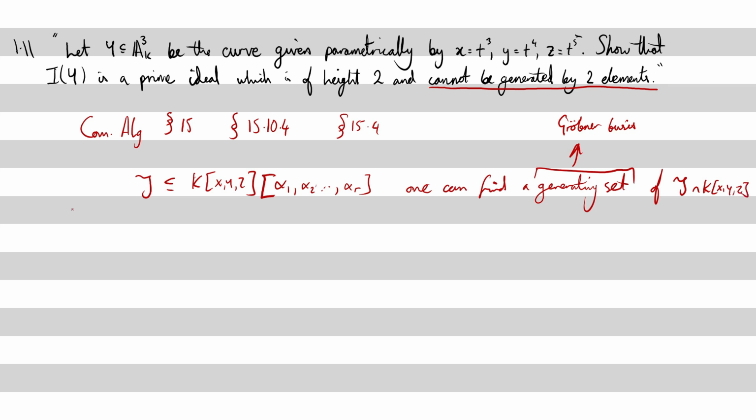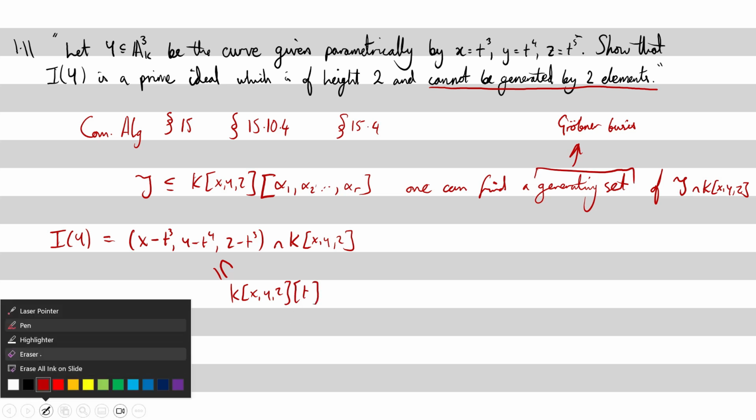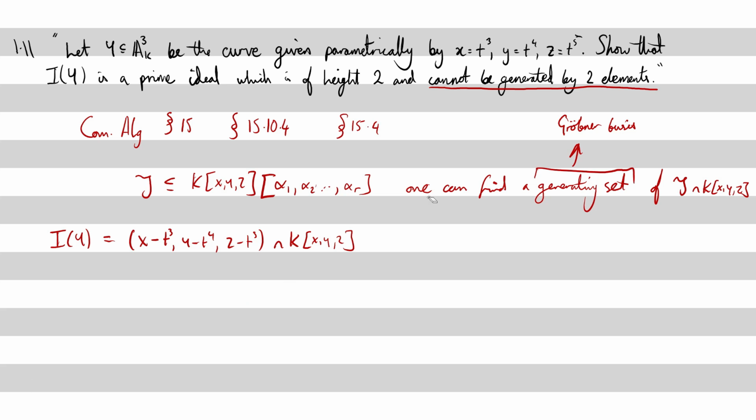Now, if we shear off the 2 up to R, then our I of Y is actually equal to the following: x minus t cubed, y minus t to the fourth, z minus t to the 5 intersect K X Y Z. Now this is within K X Y Z adjoin T, and so I used Buchberger's algorithm,